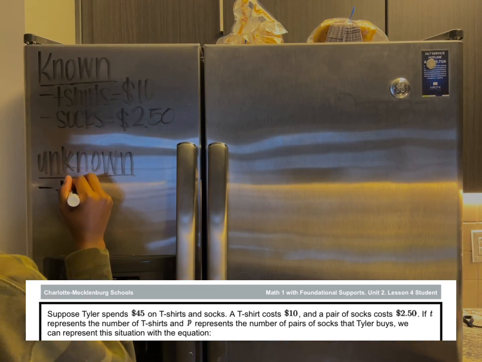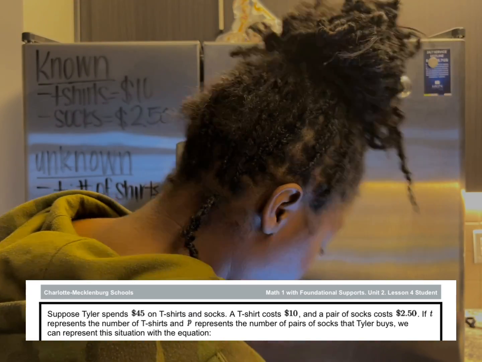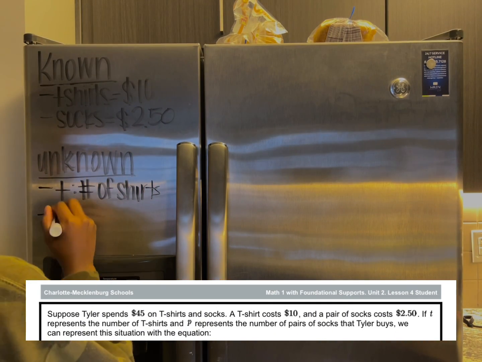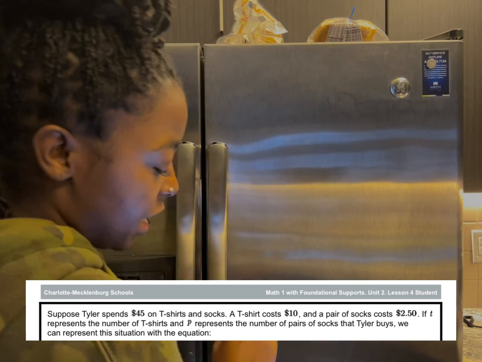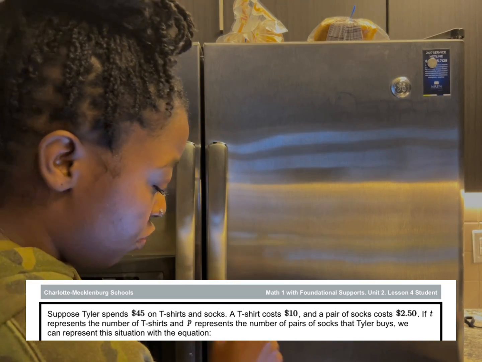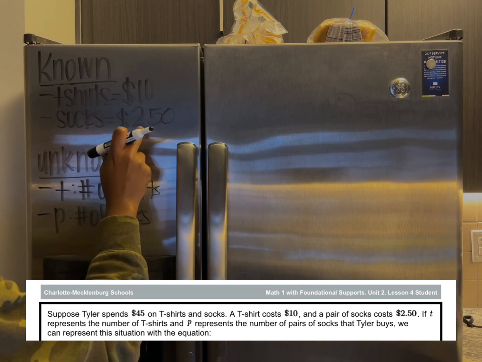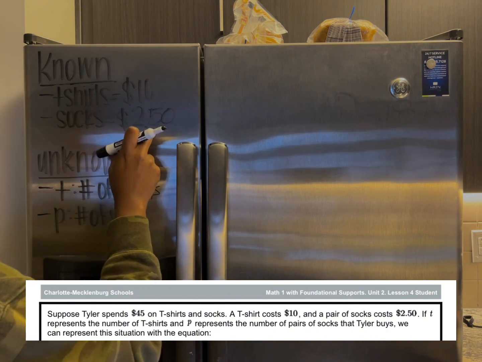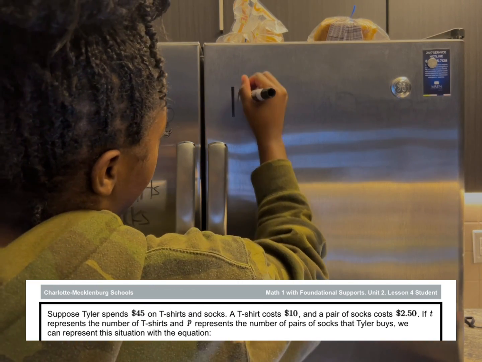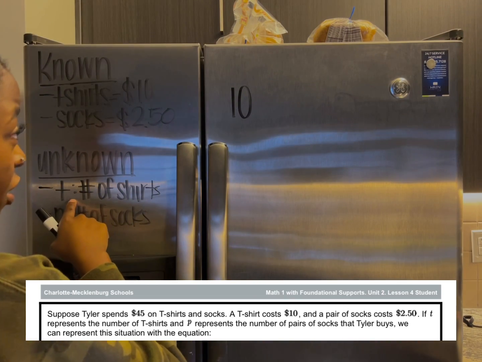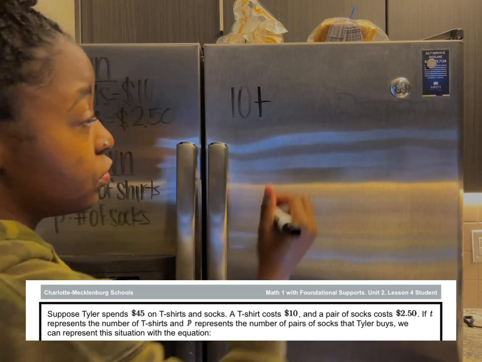And you can do it just like this, right as you go. P is the number of socks. Hold on, write that down. So t-shirts cost $10 each. Each tells me to multiply. A pair of socks costs $2.50. Each tells me to multiply. So $10 for each t-shirt. So 10 times T. And I want a total, so I'm gonna add